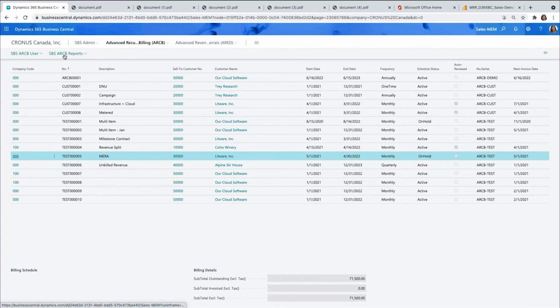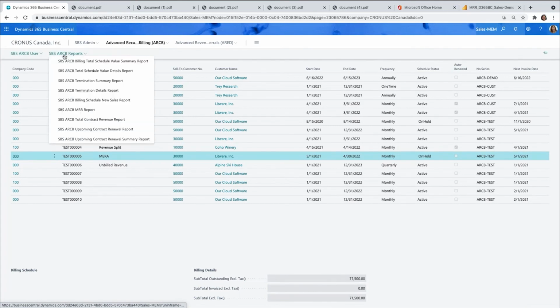So under each module, there are standard, out of the box reports. These are SSRS reports that you can go ahead and modify as you need, because of course our tables are open to you, so you never have to worry about that. And so we've got total schedule value, in summary and in detail, we've got termination reports, a